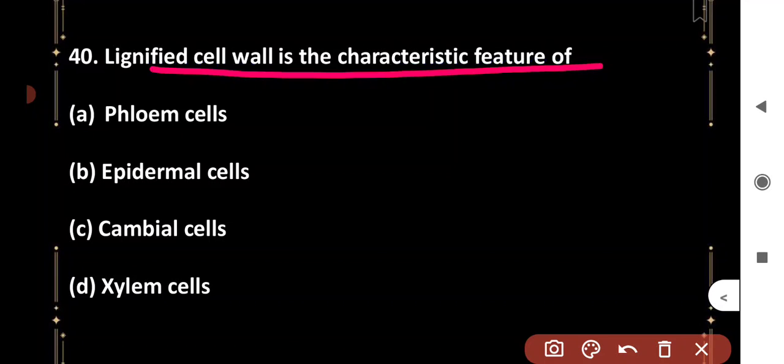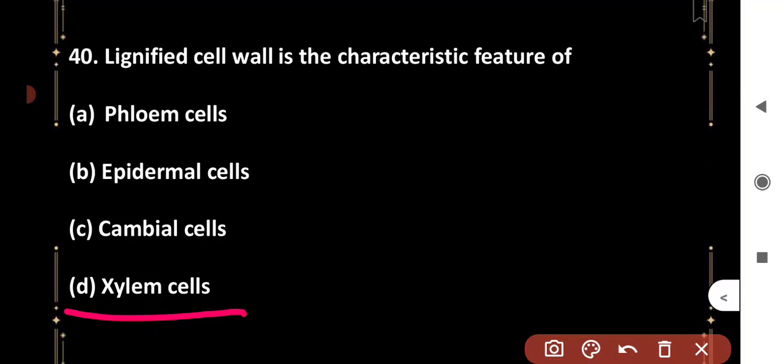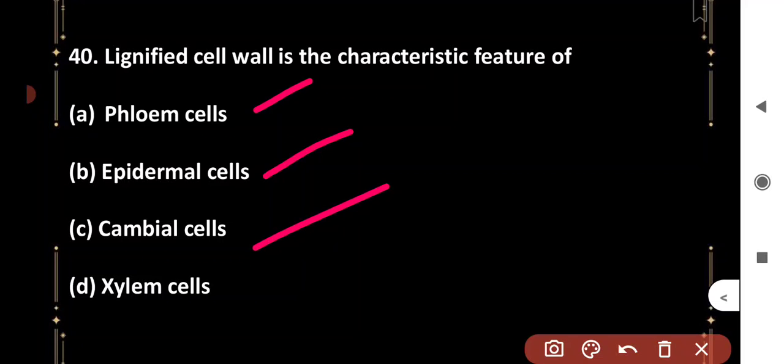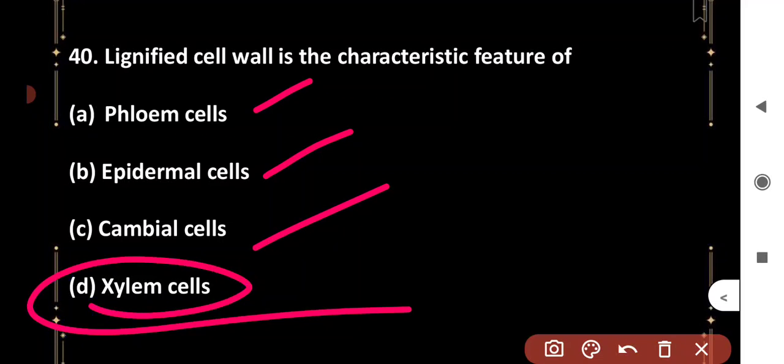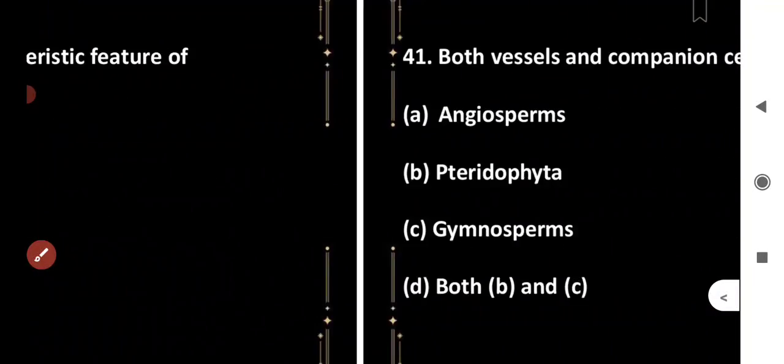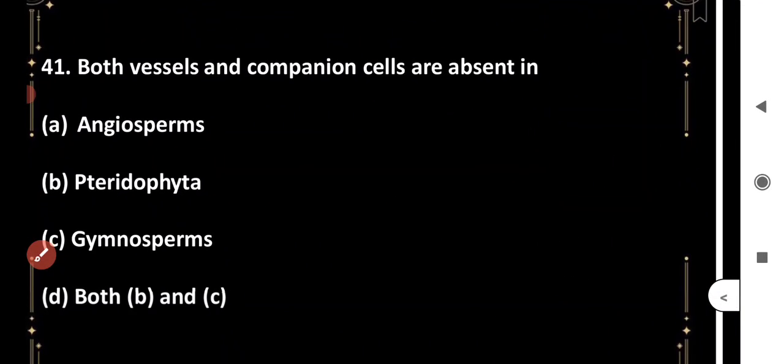Lignified cell wall is the characteristic feature of dead cells. So which one is the dead cell among them? Xylem cells at maturity are dead cells except xylem parenchyma. So option D is correct. Epidermal cells are living, phloem cells are living, cambial cells are living. So the correct one is xylem cells. Next,